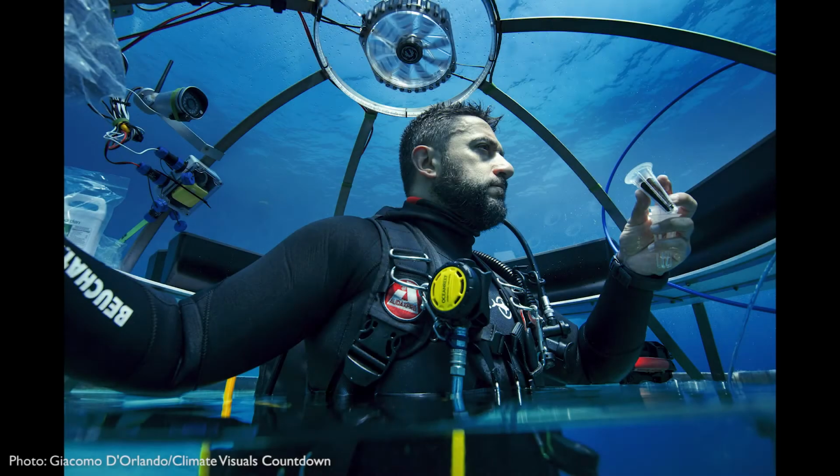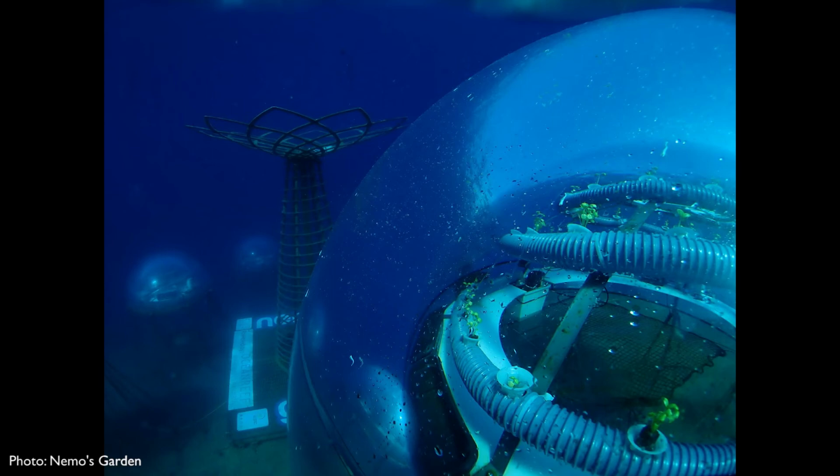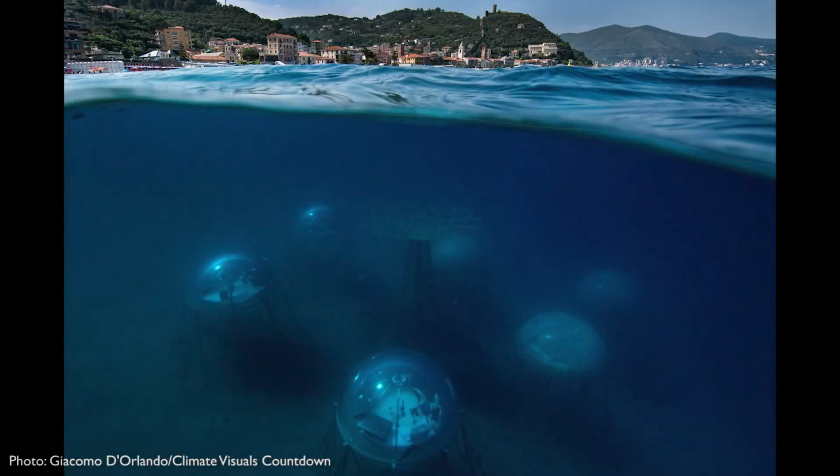Effectively an underwater greenhouse, 6 air-filled clear plastic pods, some large enough for divers to place half a body in, are anchored to the bottom of the sea. With 70% of the world's fresh water going to agriculture and the planet running dry, these biospheres are part of our green future. One of the main goals of Climate Visuals is to construct a new visual language for depicting